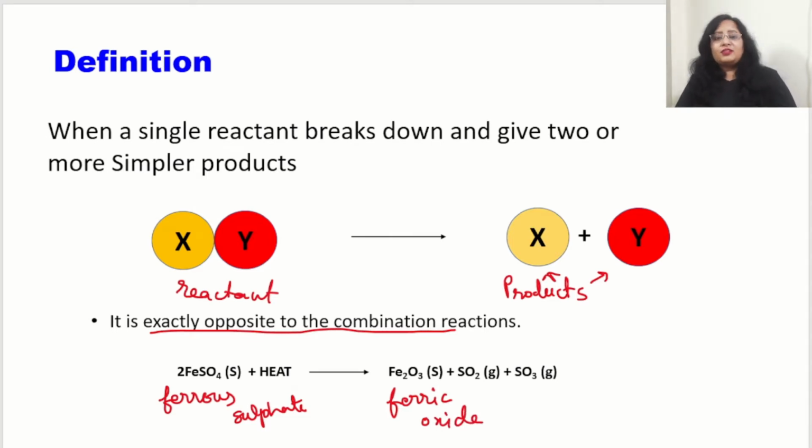And sulfur dioxide and sulfur trioxide gases evolved, which we can feel as very unpleasant in smell. So in this reaction we can learn that the complex compound ferrous sulfate breaking down into ferric oxide, sulfur dioxide and sulfur trioxide is the best example of